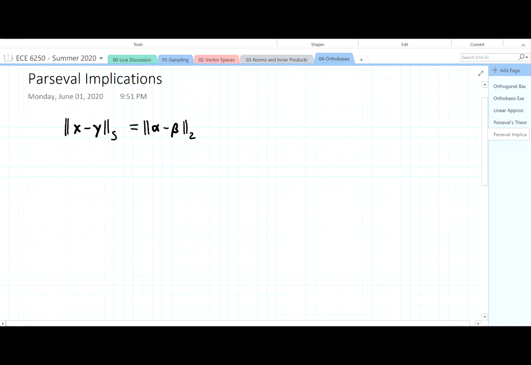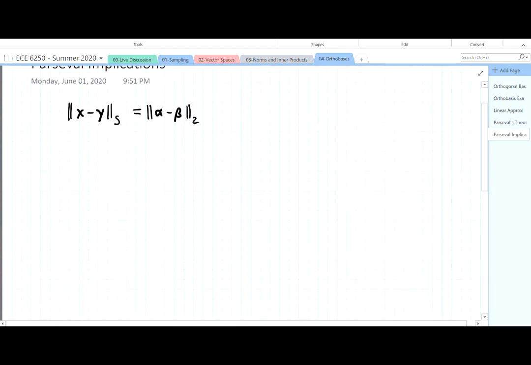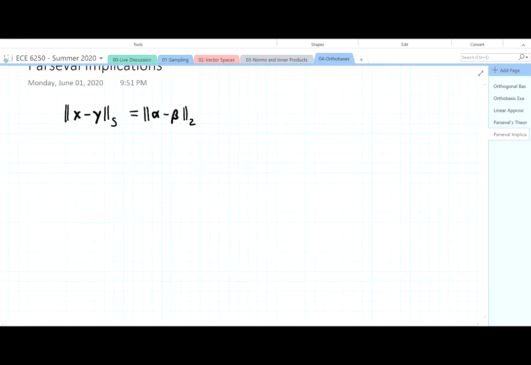Well, you may wonder what happens if we mess with a signal in one domain, what happens to it in the other domain? It could be that we have some strange behavior going on where it's hypersensitive to what we do in one domain, and it shows up in the other domain looking very, very different. However, Parseval's theorem tells us that this is not the case. Basically, changing the value of an orthobasis expansion coefficient